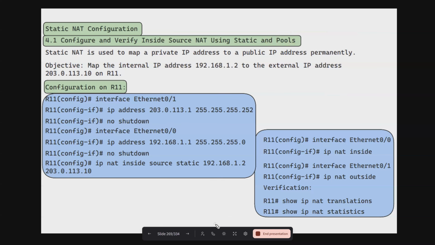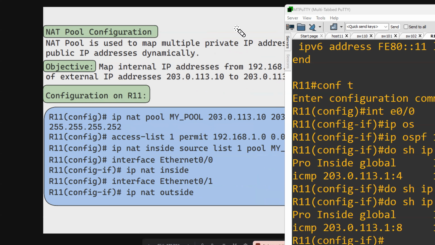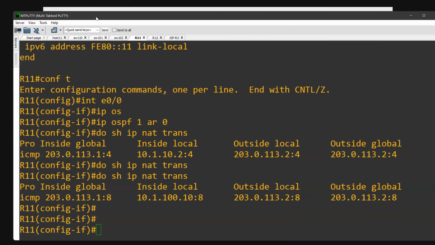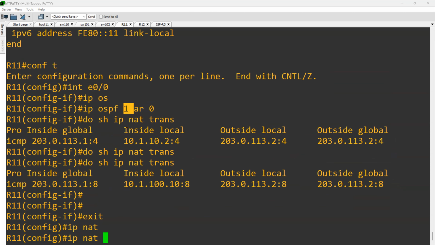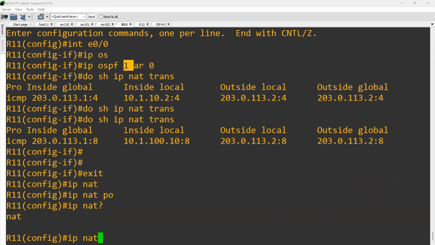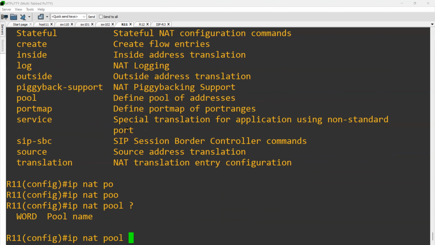So you have to create one pool of addresses for the public addresses. I can create some pool, like that. IP NAT pool. Let's do that. I'll show the static and the dynamic. We are here. IP NAT, I can see what options we have. Pool, and say public address, and then